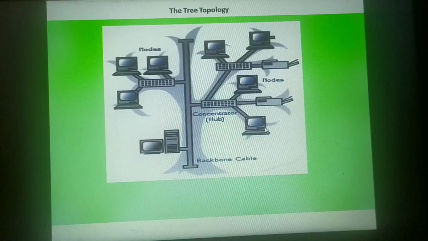Suppose we don't find the IP address on this tree topology that the sender has sent to. In that case, what happens is that the packet keeps on moving. A copy of that packet will move on to all the hubs, and none of the nodes will accept the data. Instead, a copy of that packet keeps on transmitting over the cable.